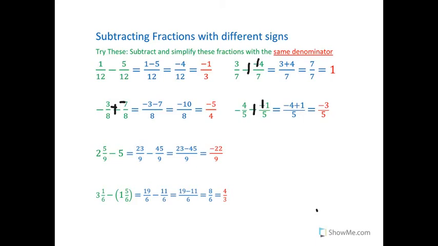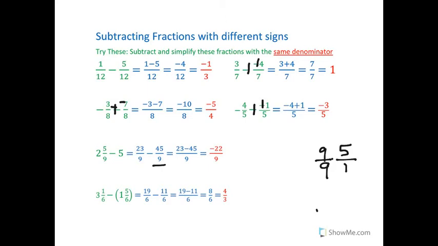Turn this into, and change the -5 into a fraction that has 9 in the denominator right here. And it's going to be 5/1, I'll do it over here, 5/1 times, we want a denominator of 9, so we're going to get 45. That's what I have right here, 45. So 23, take away 45